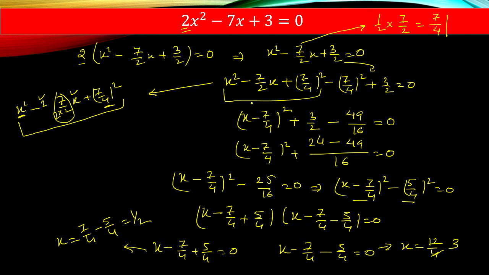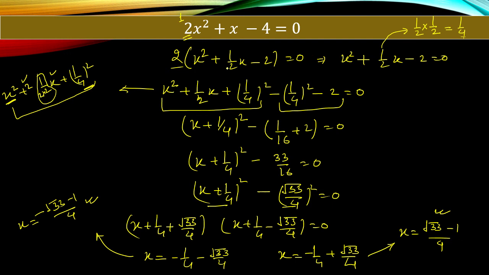So three steps are main steps. What are the main steps? We can see in the examples. First of all, we are making the coefficient of x square 1. Then we are taking the coefficient of x and getting the half of this, and now adding this square and also subtracting this square. So that will give us the complete square. This is complete square. So this is the method of completing the square of quadratic equation.